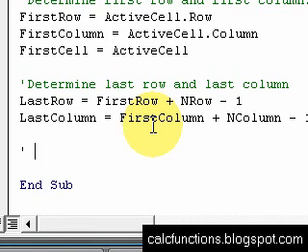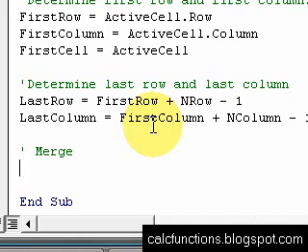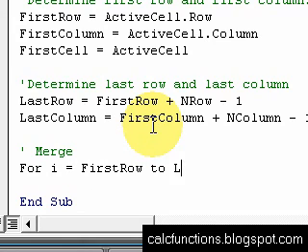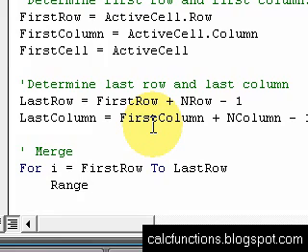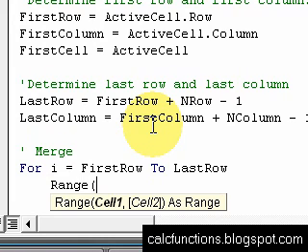Alright, so merge. The code is going to be a for next loop. So for I equal first row to last row, and then the range is going to be